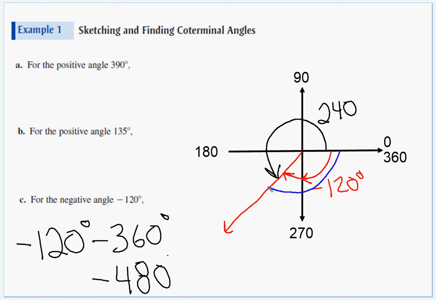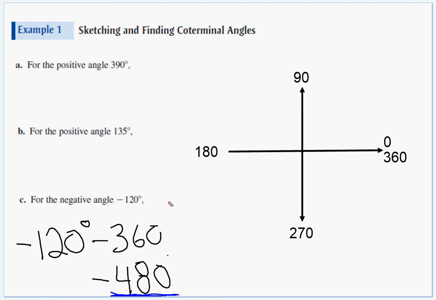So here's negative 120, but we're going to do another lap around and end on that same terminal side. So we just did an extra lap in the negative direction. That took us to negative 480. So coterminal